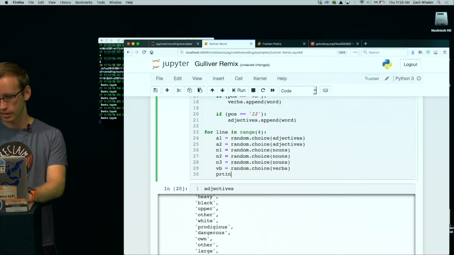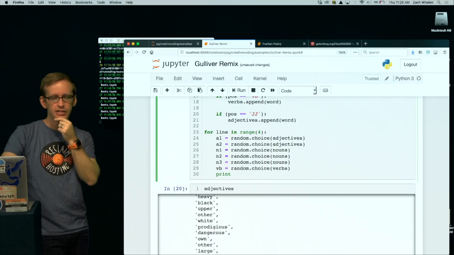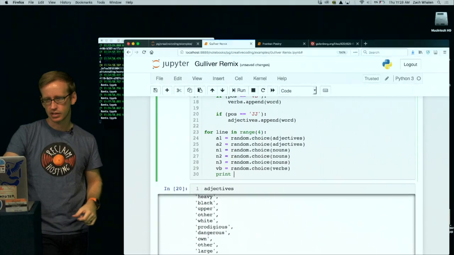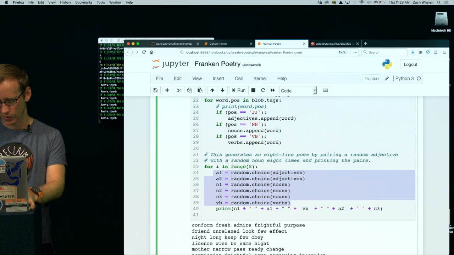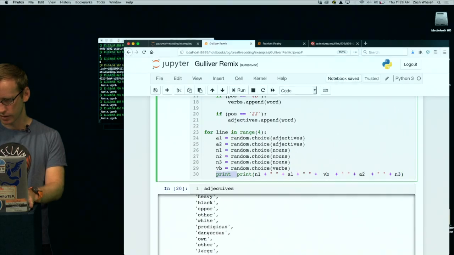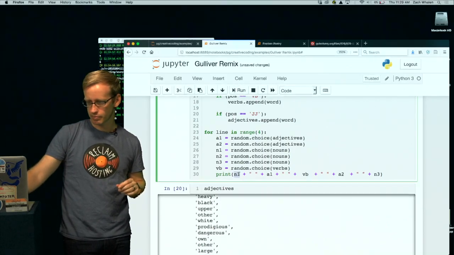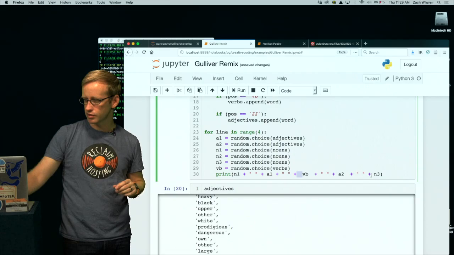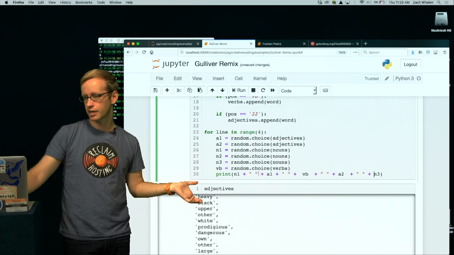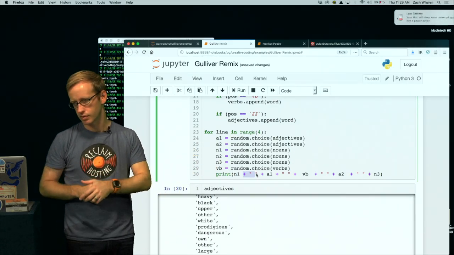So I need to actually print this line now that it has these potentially 6 things in it. It would be nice to actually maybe change the variety of these lines a bit, so it's not always 4 lines of 6 words each, but we'll run with it as it is. So let me see if I can, I'm just going to copy this line again because it takes a bit to type it out, and I realize this is getting kind of long. So this syntax here, I'm printing the N1, then the A1, the VB, the A2, and the N3. But each time I'm printing that, I'm separating that with a space so that they won't all smush together as like a single, super long word that has all these strange things in it.